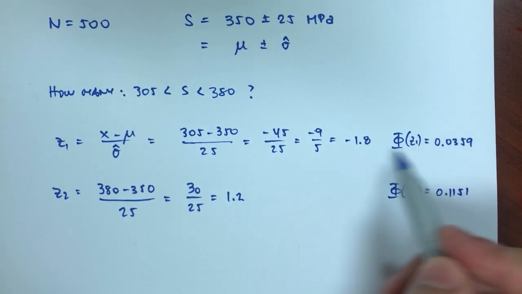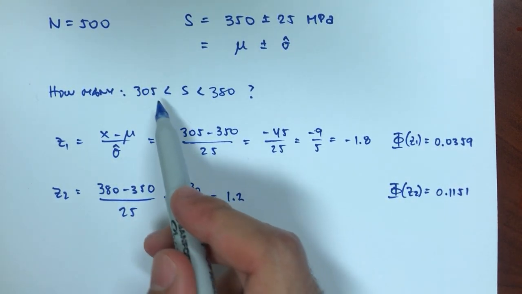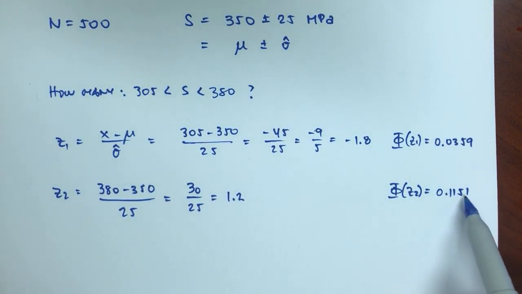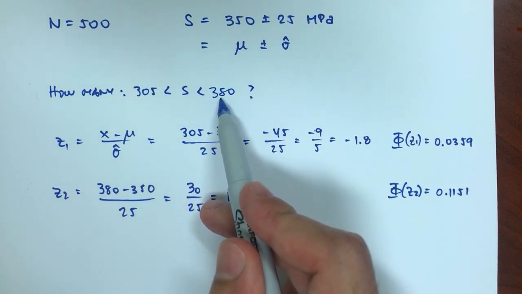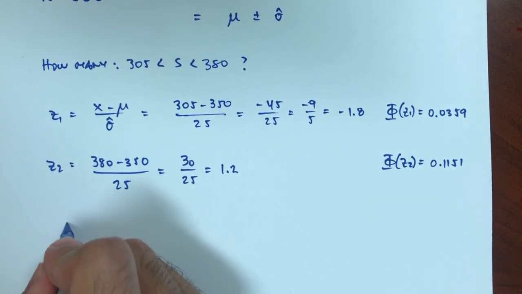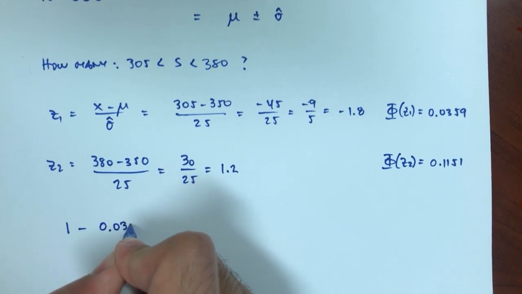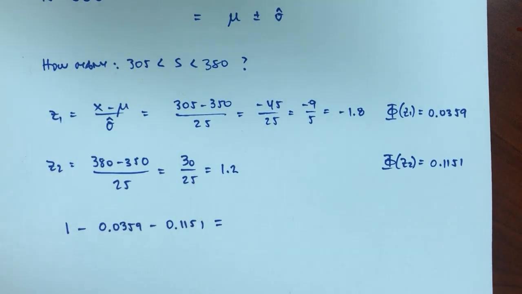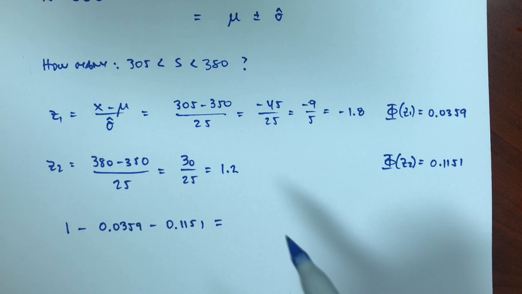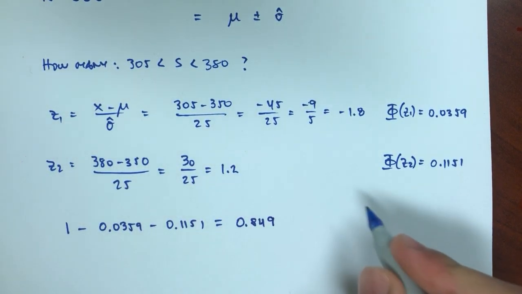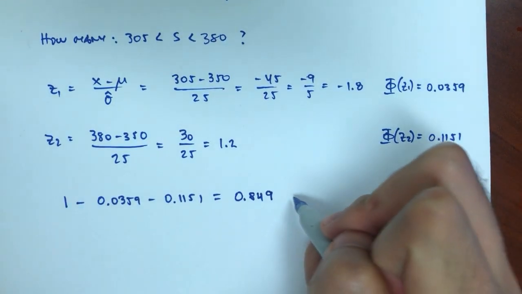This is the probability for the strength to be lower than 305, and this is the probability for the strength to be over 380. So if I do 1 minus these two probabilities, 1 minus 0.0359 minus 0.1151, which is 0.849,